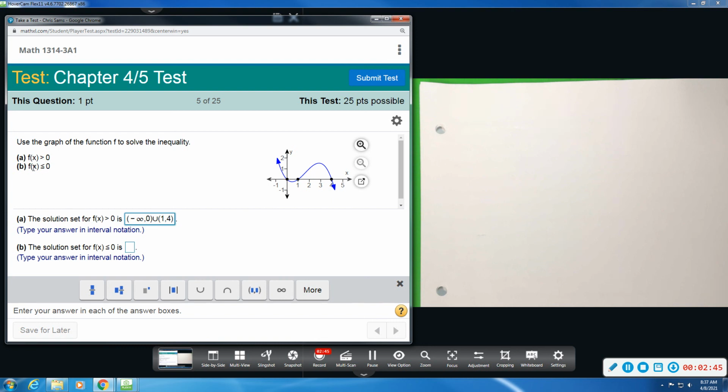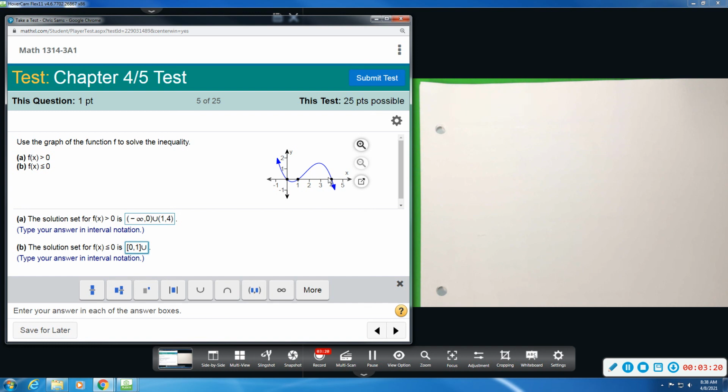Now on part B, we want to know where it is below 0. So we're below 0 on this little section here, and then after 4 on the right side. The way we describe that, this time we will use brackets because of the equal to for whole numbers. So we are less than or equal to 0 at the x value 0 until we get to the number 1. So we will do bracket 0 up to 1 and close bracket, and then union because we have another part,